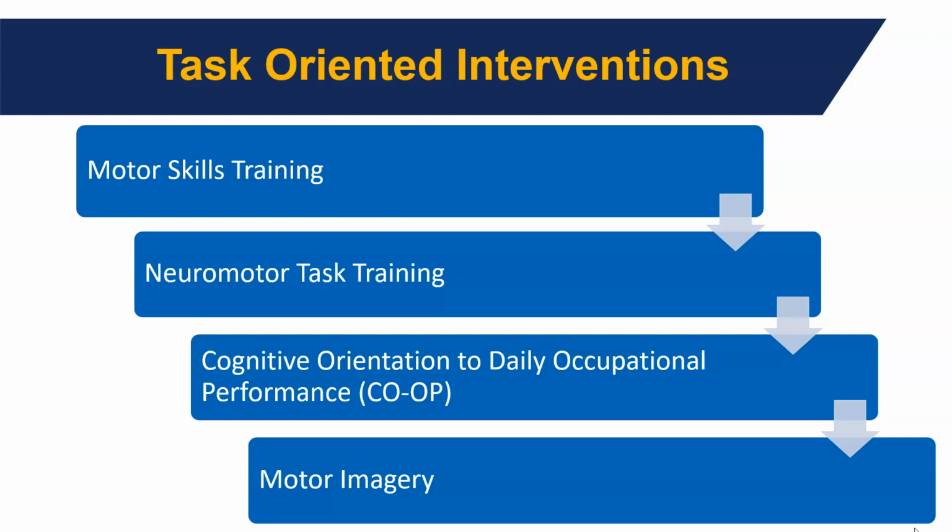Neuromotor task training may involve a combination of structured exercises, play-based activities, and environmental modifications to support skill development and overall generalization. Cognitive orientation to daily occupational performance, or CO-OP. This is a task-oriented intervention approach that focuses on improving cognitive skills and problem-solving abilities to enhance a child's performance